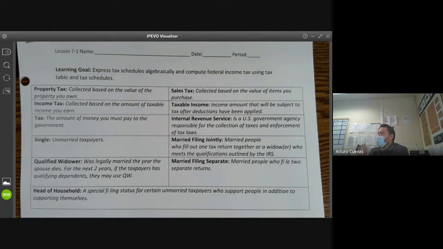It depends on how many forms you have, but here's the thing. If you're doing your own taxes, let's say you're Kyla and you're working at CVS, and that's all you have. You don't own a house, you don't have any kids, nothing else. You probably can do it on your own and be fine. It's pretty straightforward. But if you wanted a professional to do it for you, you can expect to pay $100 just to have someone else do your taxes.